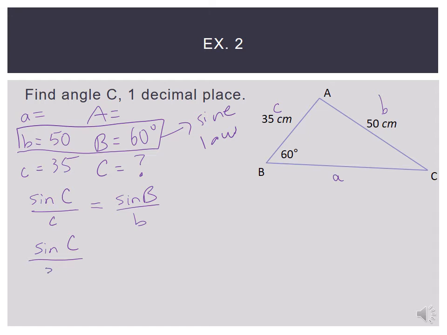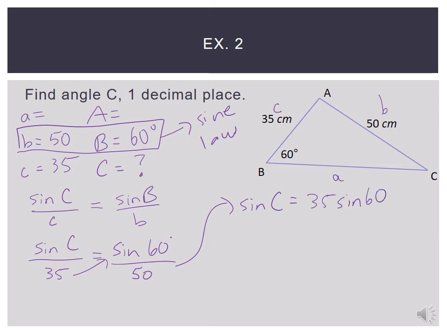Little c is 35. Capital B is 60. And side B is 50. Now when you're finding an angle, there's one additional step. We're still going to cross multiply first to get rid of that 35 on the bottom. So sine C equals 35